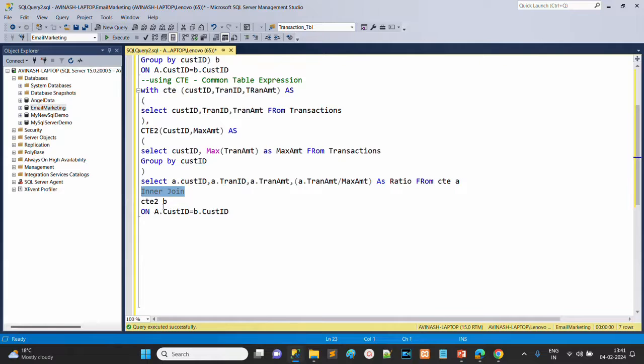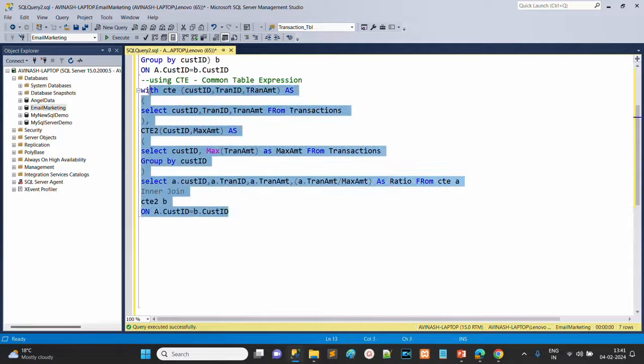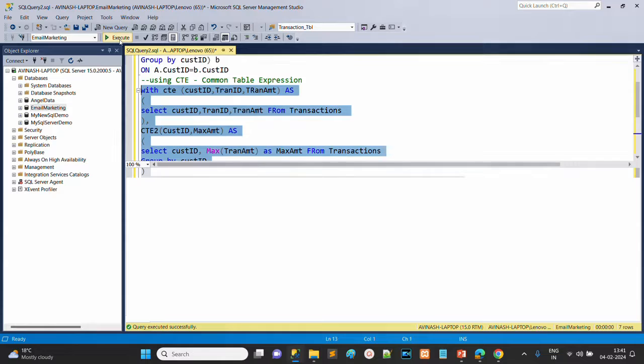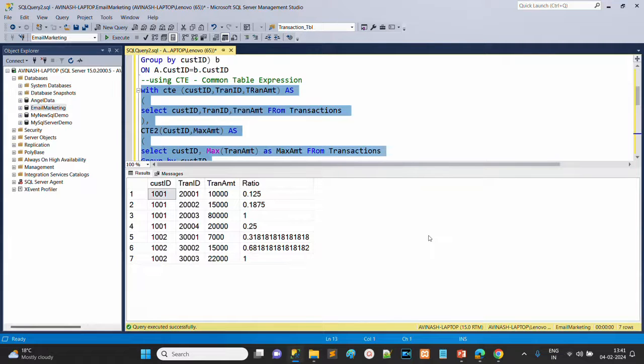So we are joining the two result sets, in the form of tables, on the basis of the customer ID. Now we execute this. So this is the result. We have the same result. So this is how you can solve this problem by using the inner join subquery and the CTE.